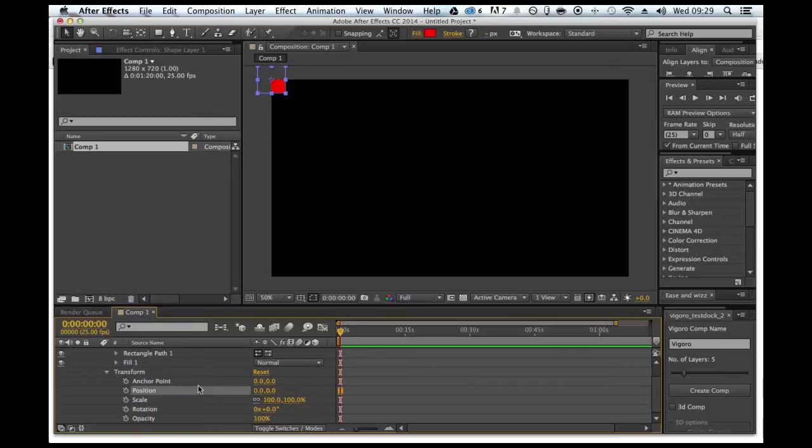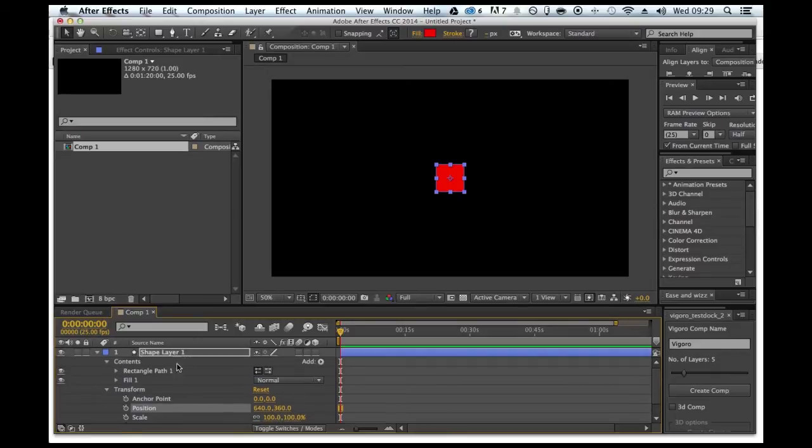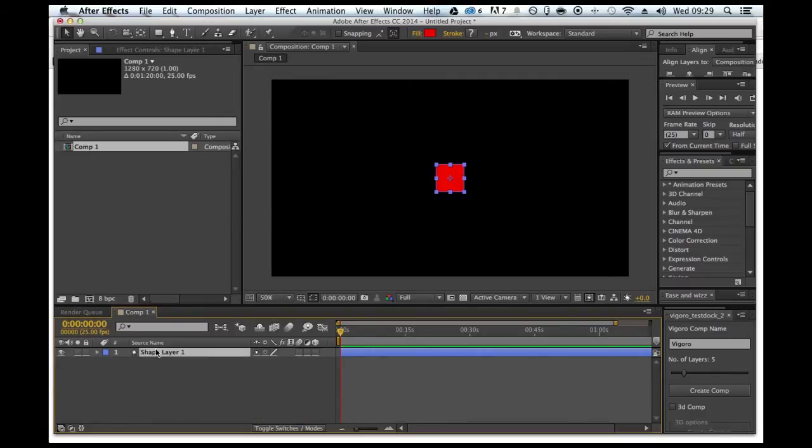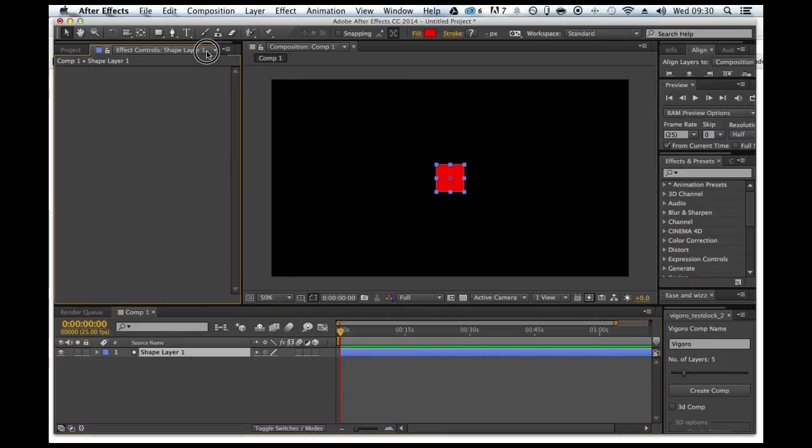and oops, just reset this. It will both show you how to do that with expressions, and also it will show you a couple of things about variables and controllers, which, if you aren't used to them, are very useful, and they will definitely help speed up some of your